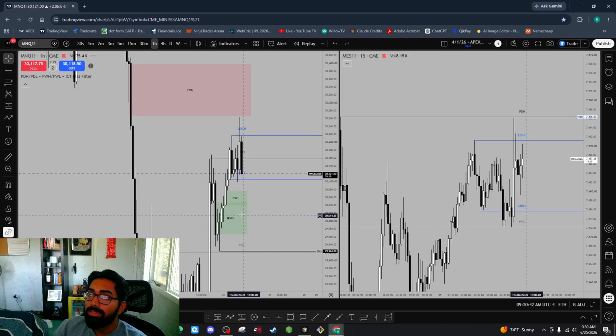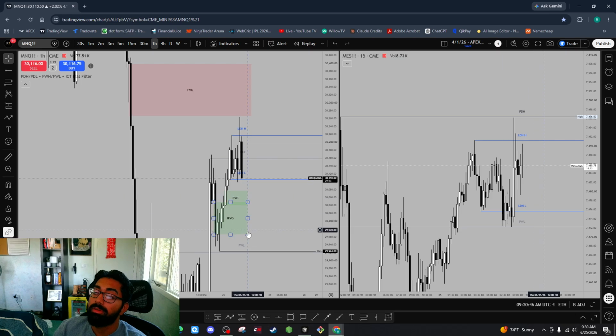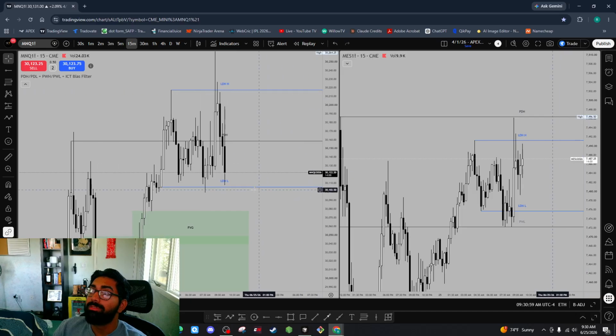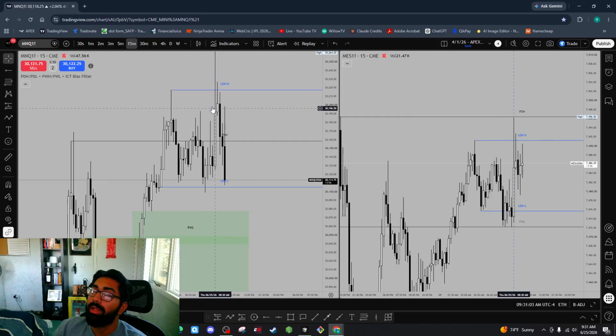Seeing these bullish confluences doesn't necessarily mean that price is going to reverse at them. It could just mean that it's going to fill all of that liquidity and take out this intermediate low right here. That's what I think there's a decent chance of happening. So once this 15-minute candle body finishes, I'm going to wait for that because that's the highest time frame bullish fair value gap that I see.